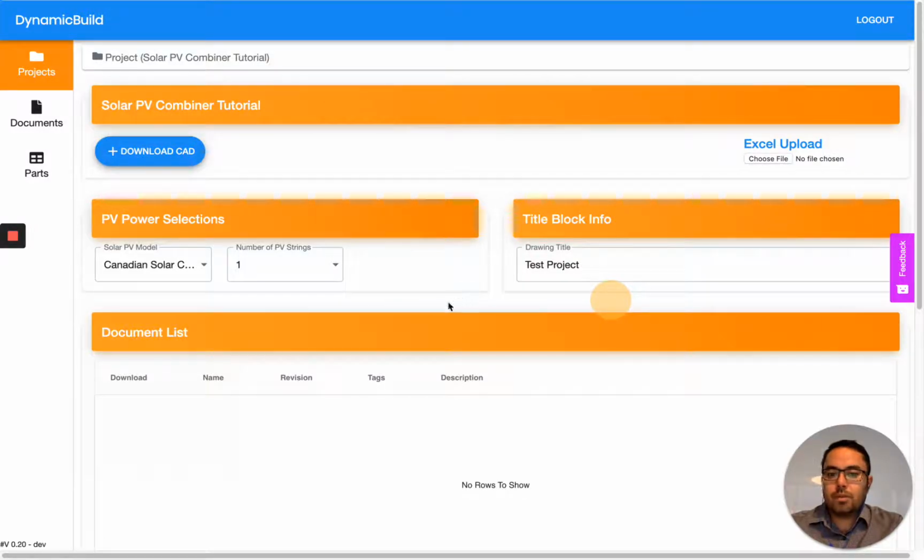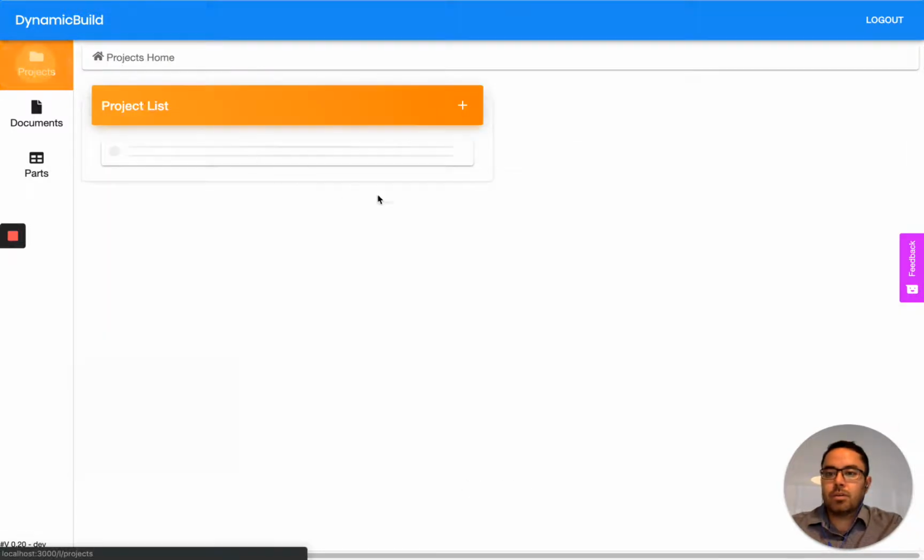So at this point, I want to clean up my forms a little bit. Since I only have two inputs, what I can do is take these from size 4 and 4, make them size 6 and 6, and then take this extra space over here. Go back to my projects,